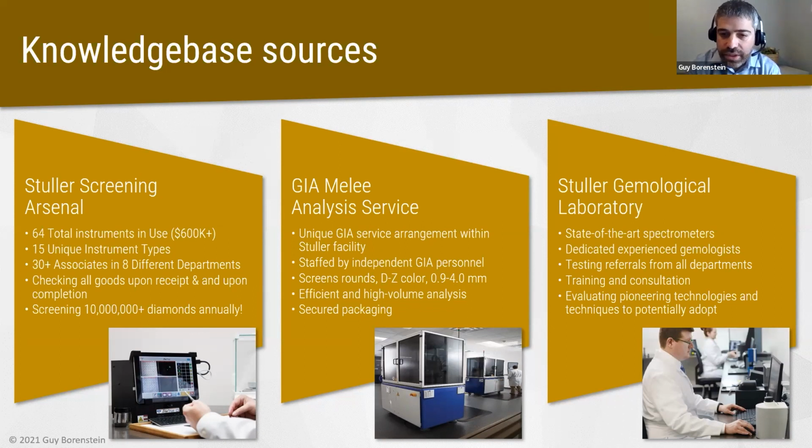In addition to that, we have a strategic agreement with GIA that runs a melee analysis service within the Stuller facility. This is a process that runs by GIA personnel. It's not our work, it's GIA work with their personnel and their equipment, and they are giving us services of screening of natural diamonds. And in addition, all of the referrals that we are getting from either our screening array or